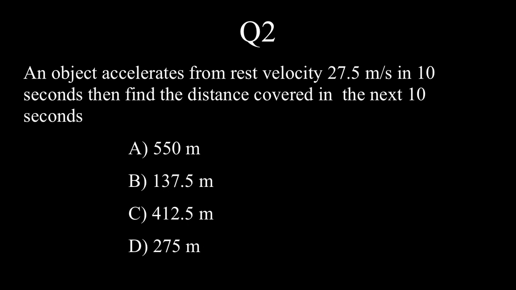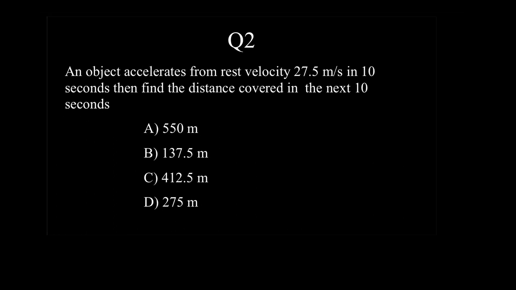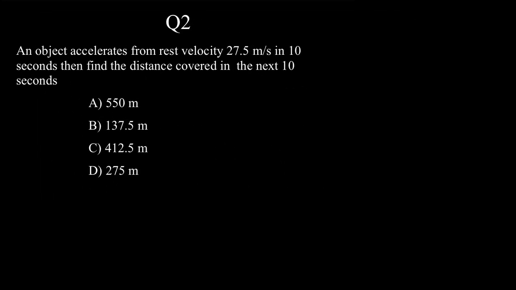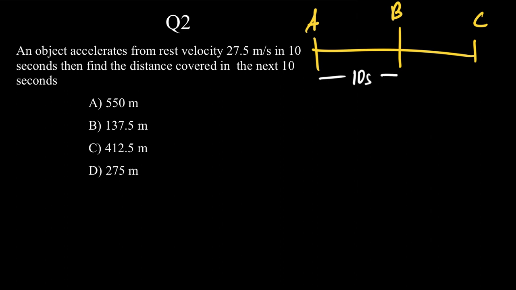An object accelerates from rest and attains velocity 27.5 meter per second in 10 seconds. Then find the distance covered in the next 10 seconds. Okay, let us try to first visualize this question and then we'll try to answer the question. What's given is, say for example, from A to C with intermediate B, A to B is 10 seconds and from B to C the time interval is 10